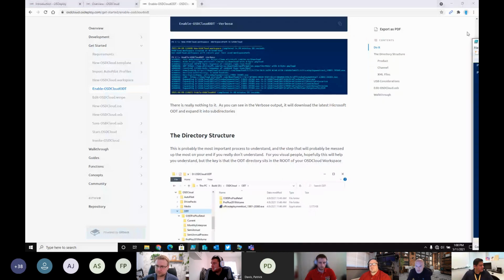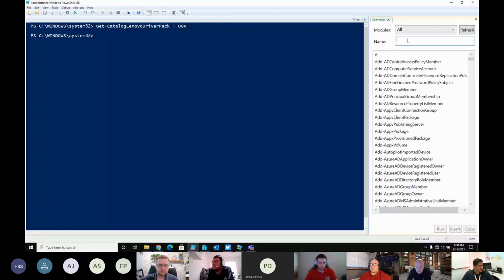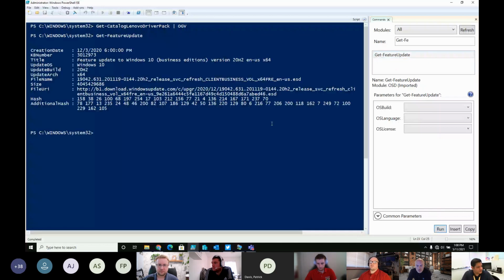And as long as I've got the screen still sharing, the command that it uses, and I've really tried to put all of the functions that are used when you're running OSDCloud inside, so you know exactly what function is being called. You can actually take apart the Invoke-OSDCloud and see how it all works. But to get the feature update, I simply run this command here, and you can see the file URL is coming straight from Microsoft. So yes, there should be no issue there.